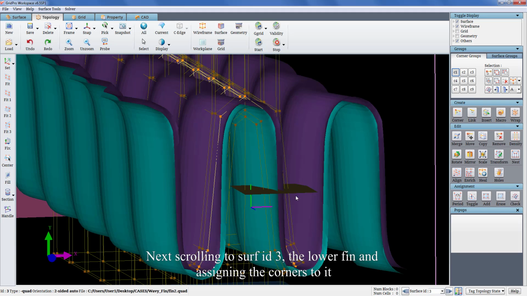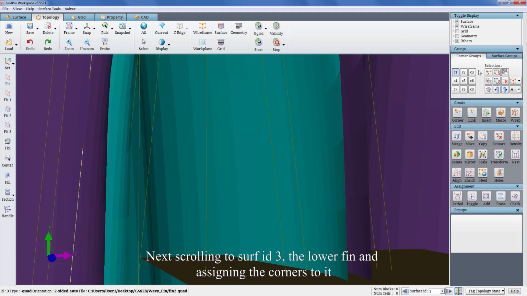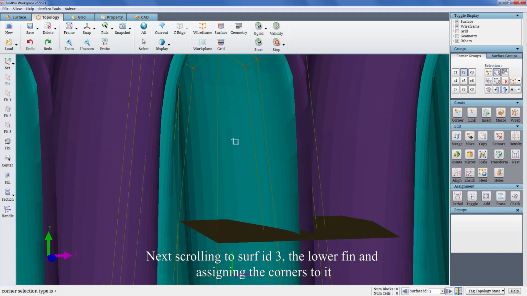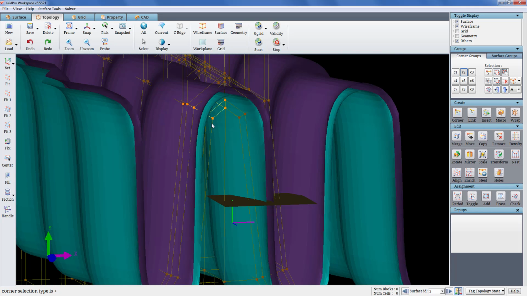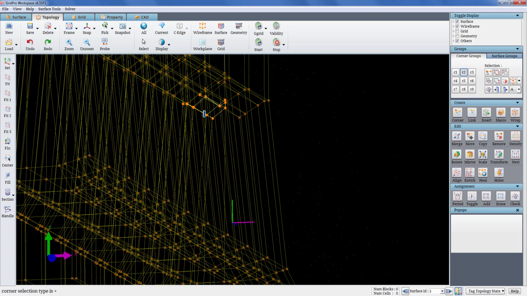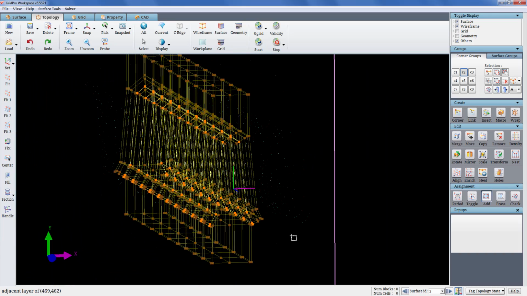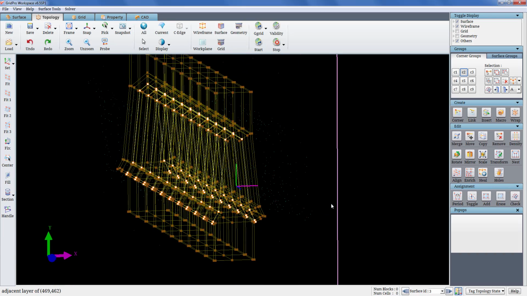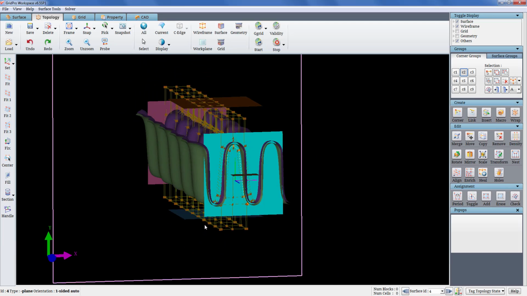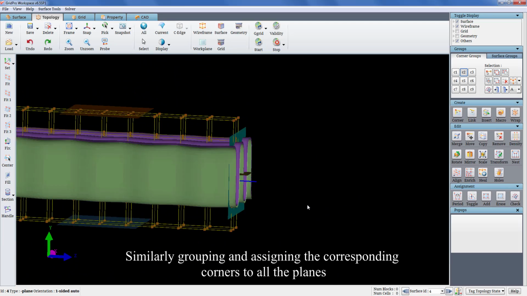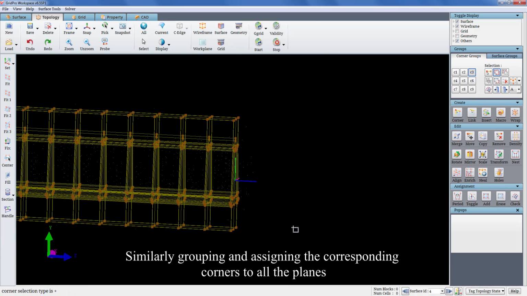Next, scrolling to surface ID 3, the lower fin, and assigning the corners to it. Similarly, grouping and assigning the corresponding corners to all the planes.